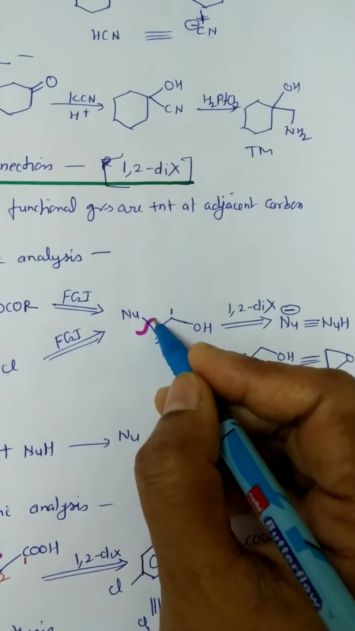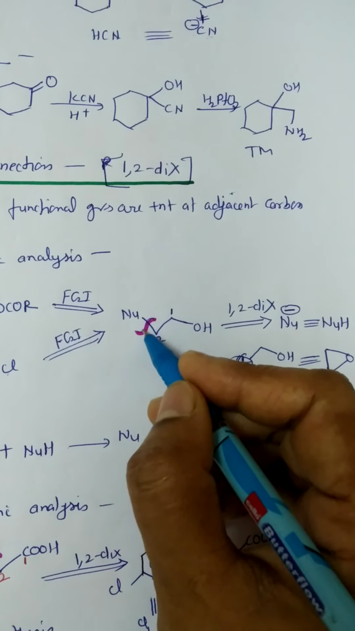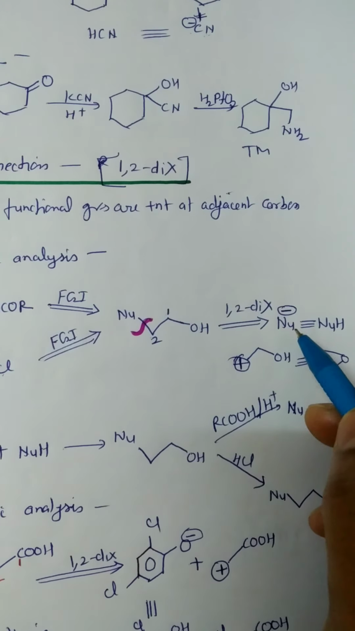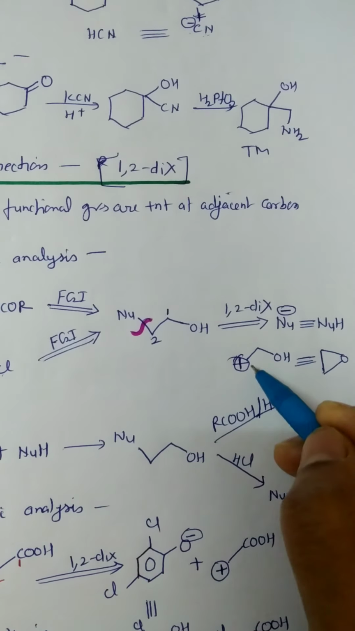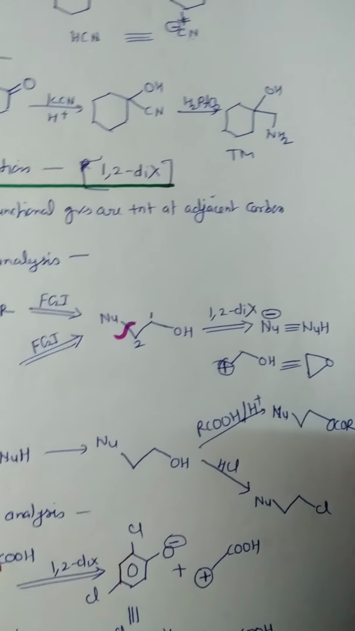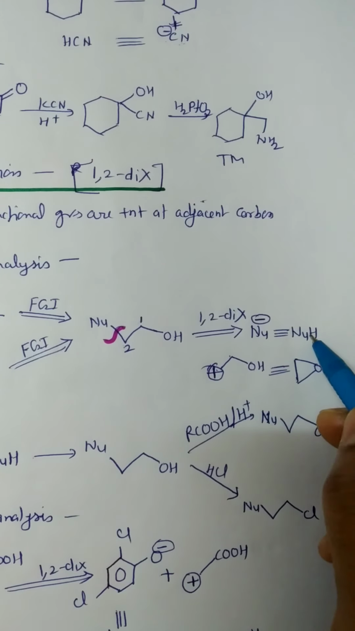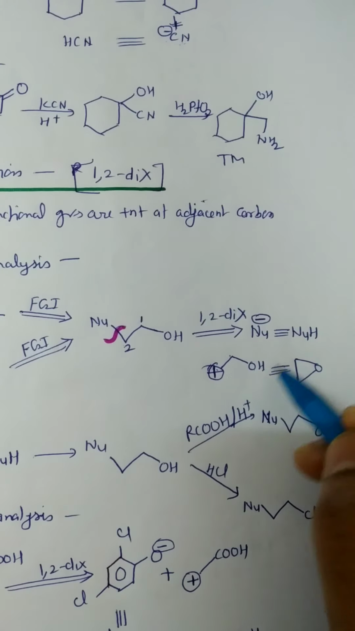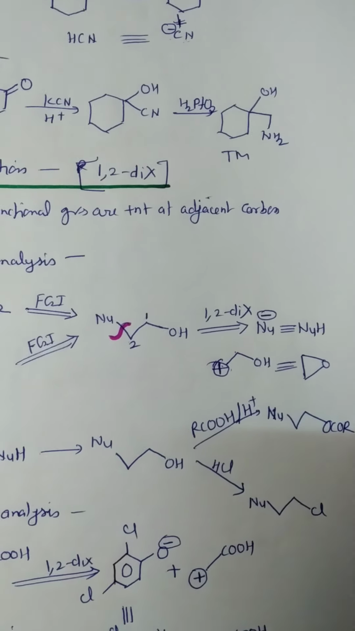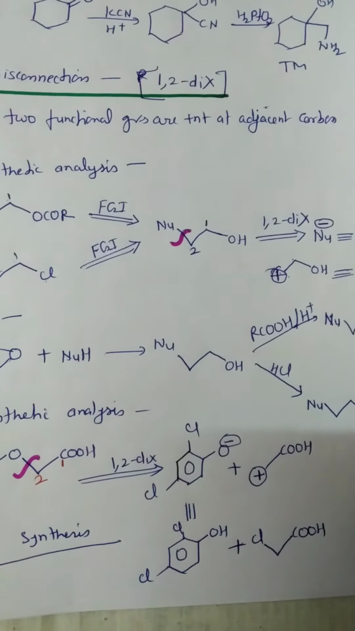Here 1 and 2, and we take the disconnection here after position 2, and the two synthons formed are a nucleophile and CH2 plus CH2OH. Then for the nucleophile synthon, this is the synthetic equivalent, and for this synthon, this epoxide is the synthetic equivalent. And on synthesis, we take